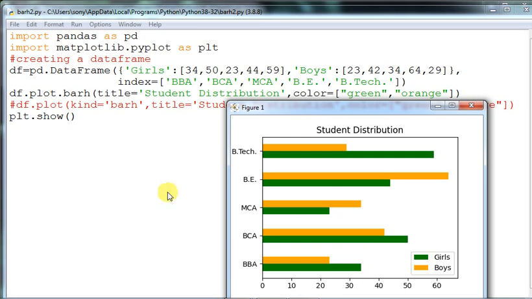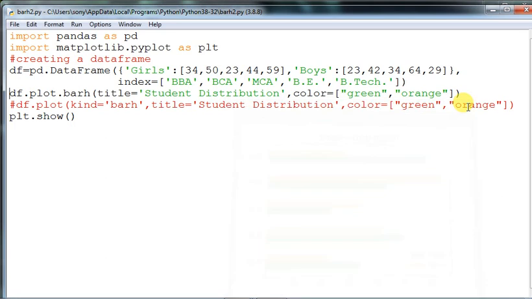So that is all about the commands. These commands are very easy to understand, and this is the easiest way to do the horizontal bar graph. The maximum for this kind of program will be 5 marks, so for question number 5, this is enough. I will not be able to elongate the size of the code, because these few lines give a very handsome output. That is why this is the most preferable way to draw a bar graph.